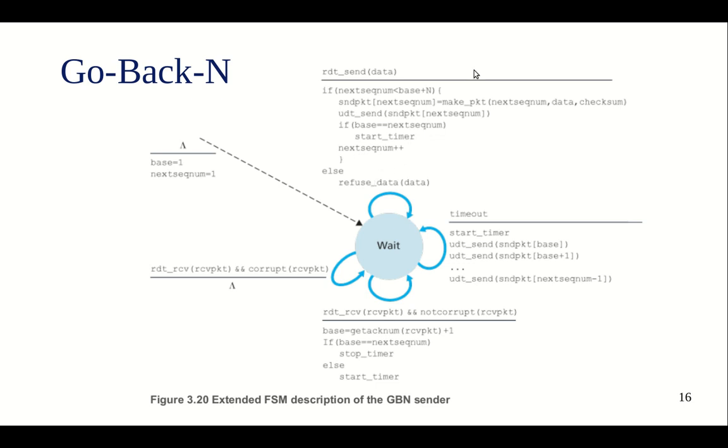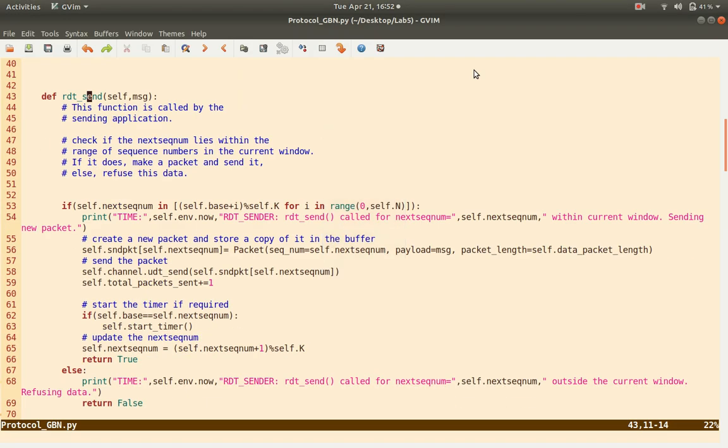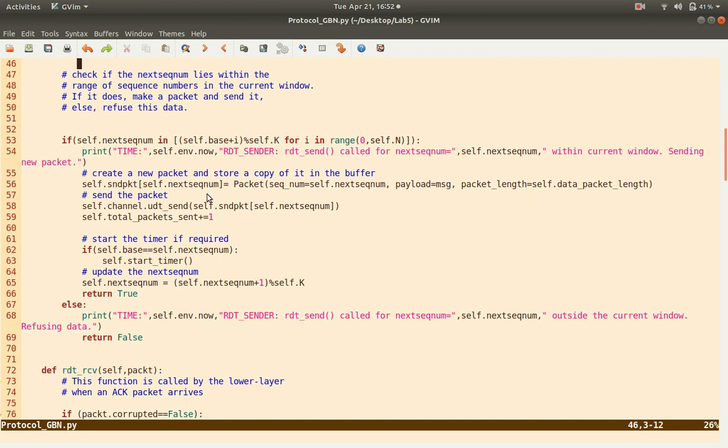This is reflected exactly in the code. If next sequence number lies within the current window, so this is the range of numbers which denotes the current window, then we can send this, else we refuse, so we return false.